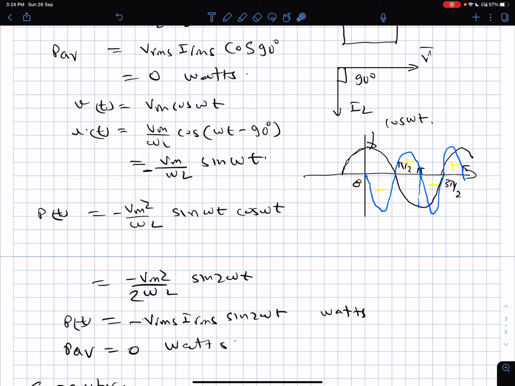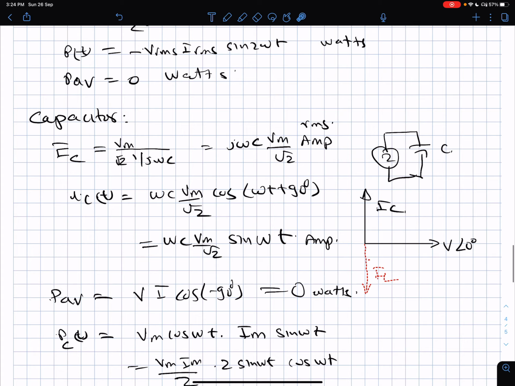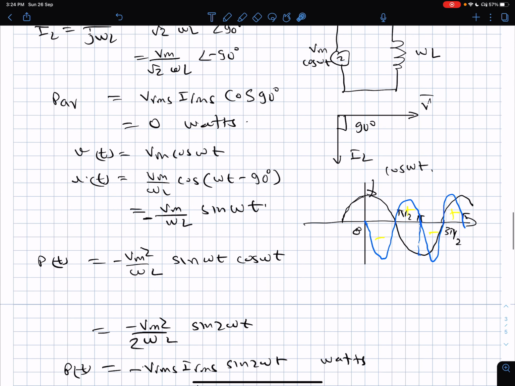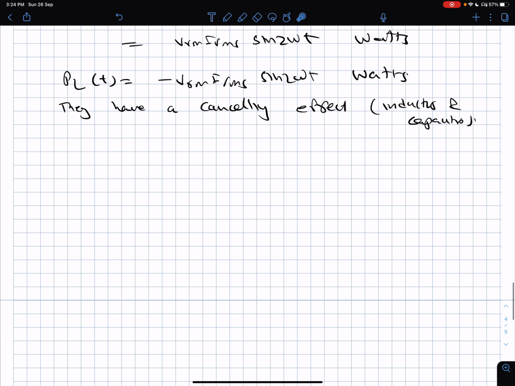So the energy exchange between the source and the magnetic field energy which is stored in the inductor is going on, and this ping pong, like in table tennis or lawn tennis, is going on. With a capacitor also the same kind of thing is going on. The exchange between the source and the capacitor is of energy which is stored in the electric field, and it's like saying that in a lawn tennis match, let's say